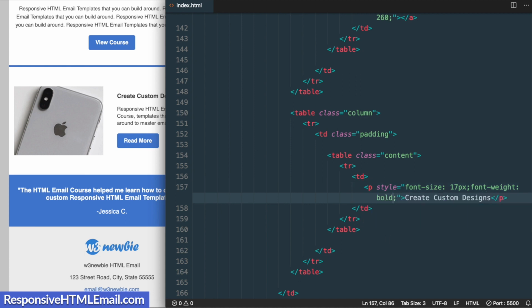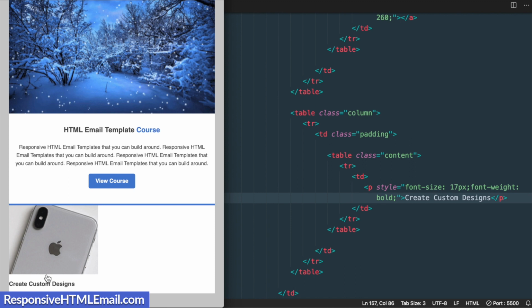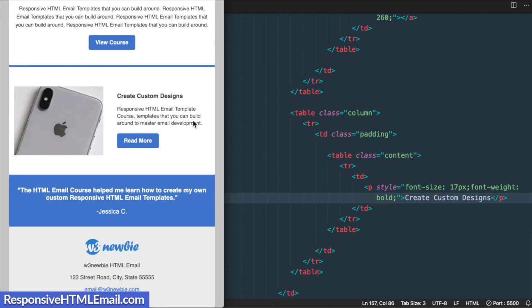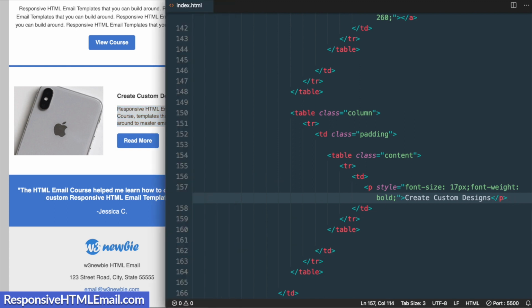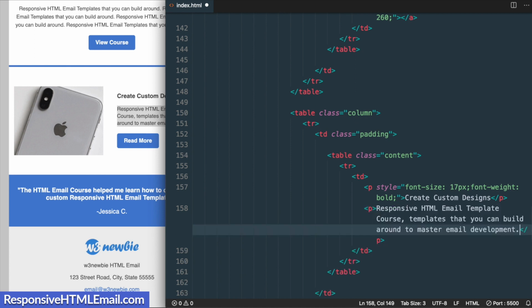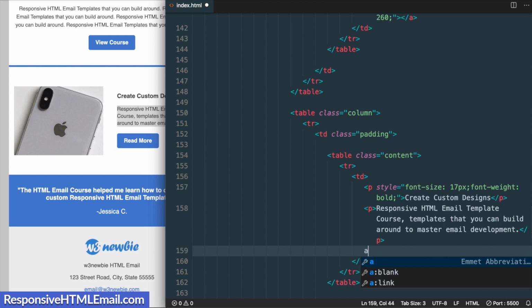And now if we save it, there we have our create custom designs text appearing. So let's add the paragraph text that appears underneath it as well. So I'll copy this where you can add lorem ipsum text and add a new paragraph tag. And then with this paragraph text, similar to what we did previously with the other button, which we'll add with